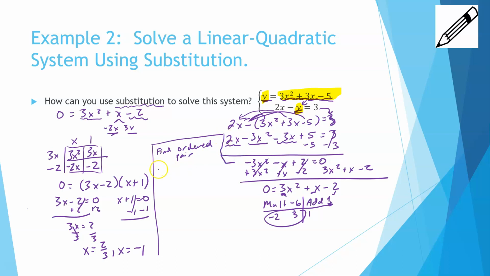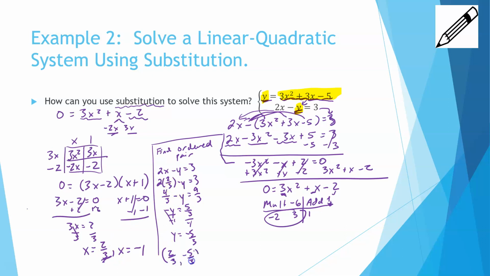Okay, so I'm going to take the 2x minus y equals 3, and my first x was 2/3. So I do 2 times 2/3 minus y needs to equal 3. 2 times 2/3 is 4/3 minus y. Since it's thirds, I'm going to change 3 to 9/3. Subtract 4/3 from both sides, I would get 5/3, right? So if I subtract 4/3, 9/3 minus 4/3 is 5/3, and I would have to divide by a negative 1. So I get y equals negative 5/3,